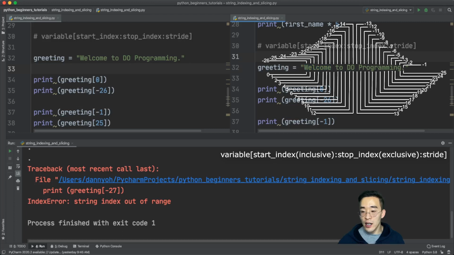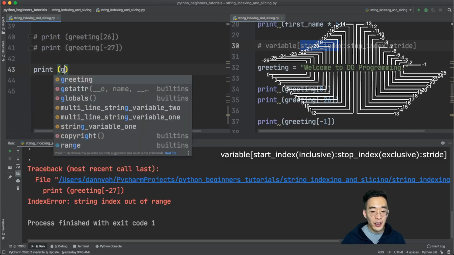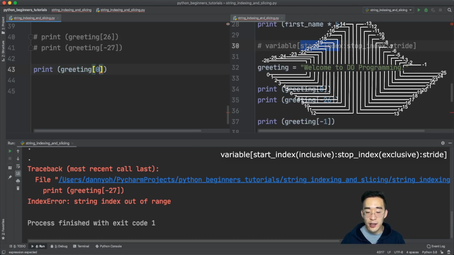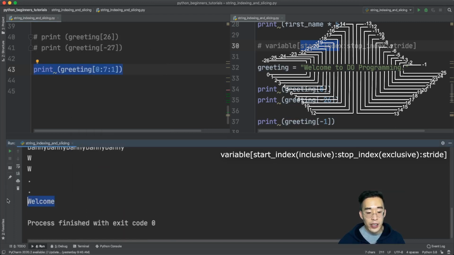So the start index will be 0 and the stop index will be 7, the index of the space, and the stride will be 1 because we want to retrieve all the characters within the range that we specified in the start and stop. So let's try that out here. Print greeting, bracket, 0 colon 7 colon 1, and if I print this out, you will see welcome